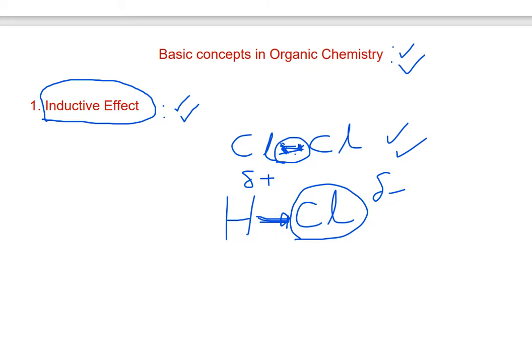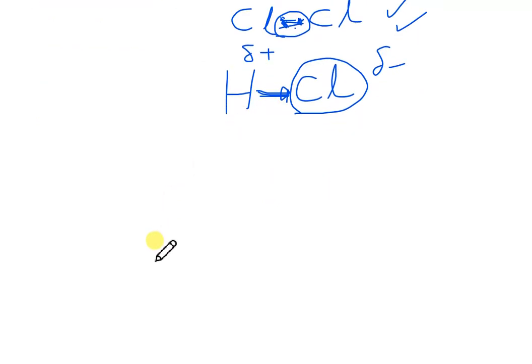Permanent shifting of bonded electrons towards the more electronegative atom in a covalent bond is called inductive effect. Okay, make sense? Now let's see how we use this. We'll come to the application right away. For example, one of the applications is to explain the